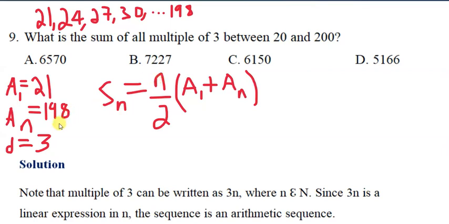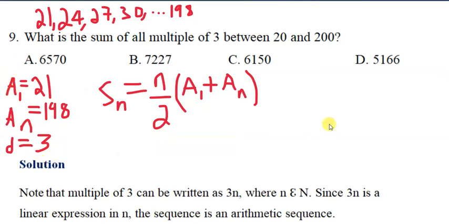But what is missing here? The missing variable in this case is n. We don't know the number of terms. To find this sum, we have to know the number of terms of this sequence, the number of terms that are divisible or multiple of 3 between 20 and 200. How can we obtain that n? Just use these